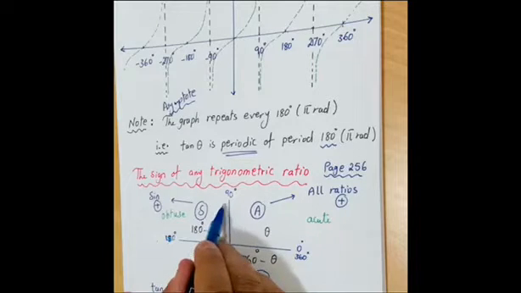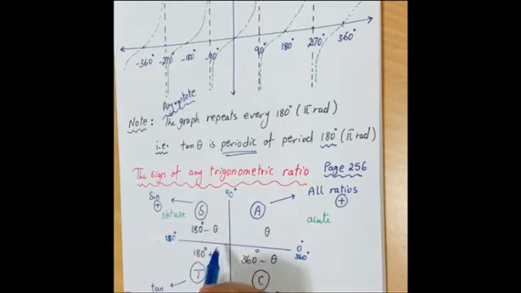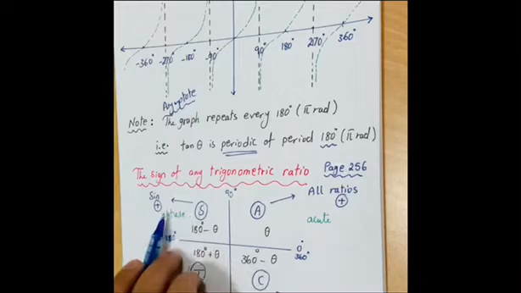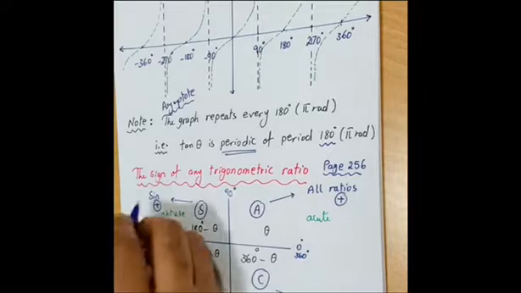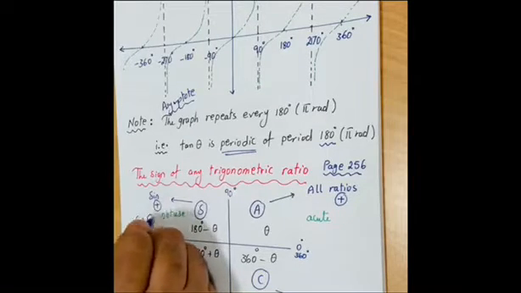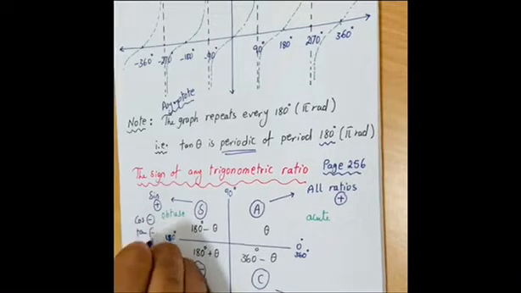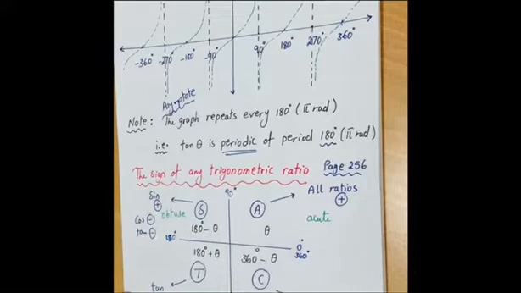Any angle between 90 and 180, only the sine ratio is positive. What about the cosine and the tan? Both of them will have a negative sign. So you can write here cosine negative, tan negative. When you move to the third quadrant, you'll find only tan is positive. What about sine and cosine? Sine is negative and cosine is negative. And when you move to the fourth quadrant, you'll find only cosine positive,